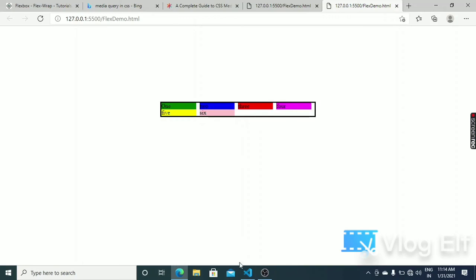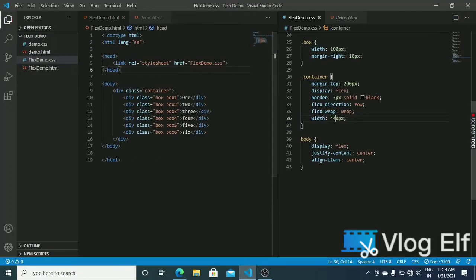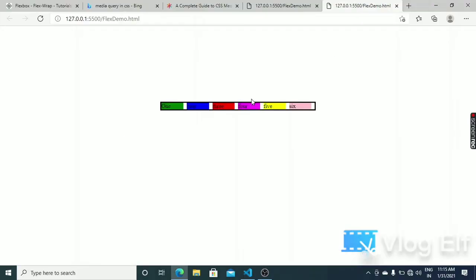So they are coming in the next row, and it is happening because of the flex wrap property which I have applied on the container, the parent div. It makes the children flexible, so if a child is not able to fit in the container, it will come in the next row. So let me change this flex wrap to no wrap. Now see what happened.